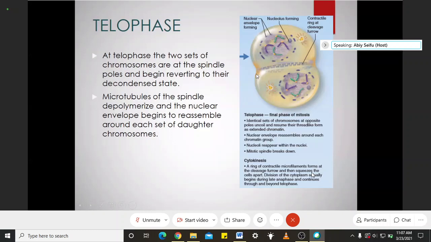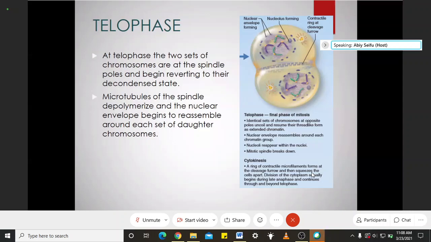And then cytokinesis. As you can see, cytokinesis is the division of the cytoplasm of the cell after completing karyokinesis, nuclear division. The next step is the division of the cytoplasm. The cytoplasm starts to divide, and this occurs by forming constrictions. The cell will be constricted at the equator, and this happens through contractile proteins known as actin and myosin. These are contractile proteins aligned along the equator of the cell that cause constriction of the